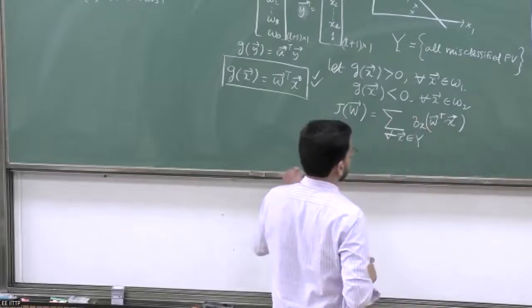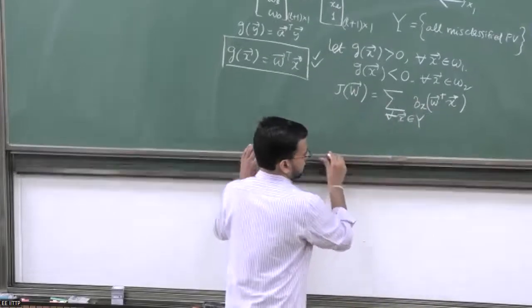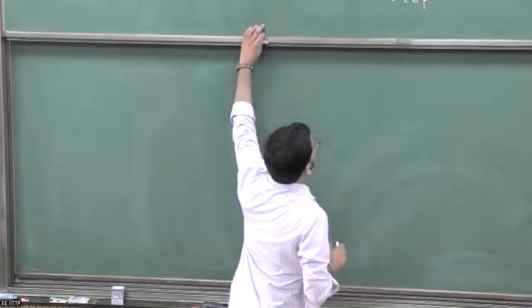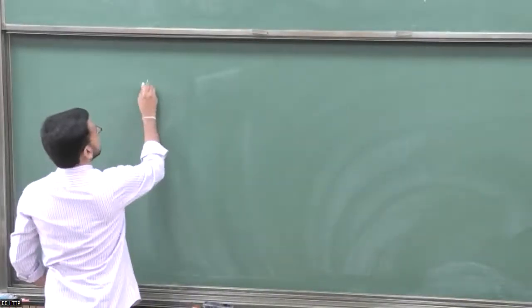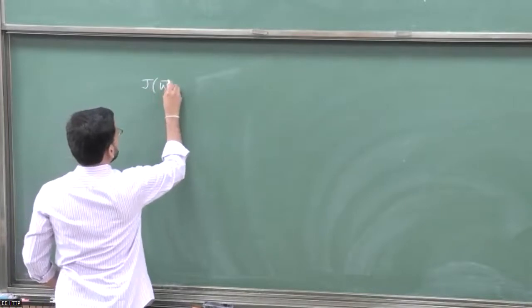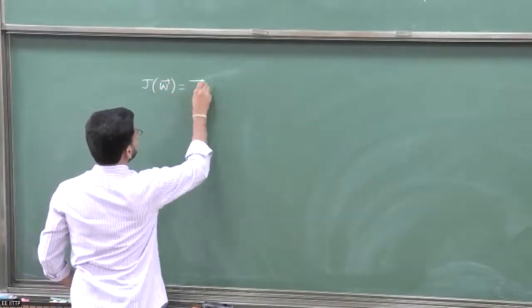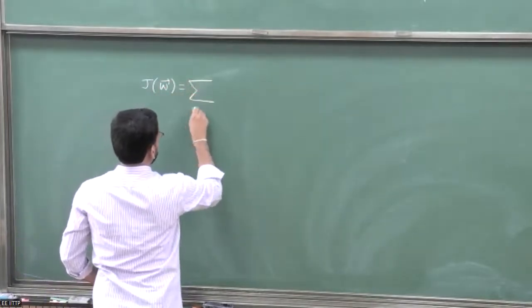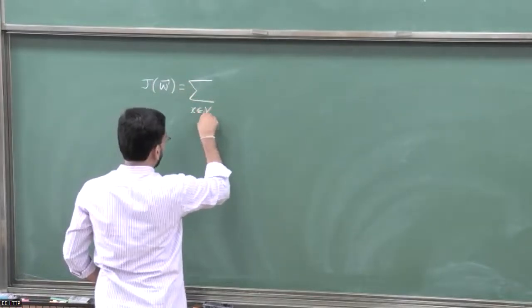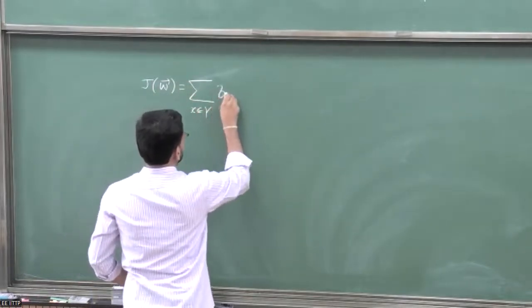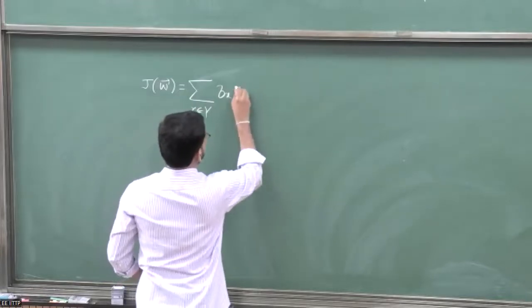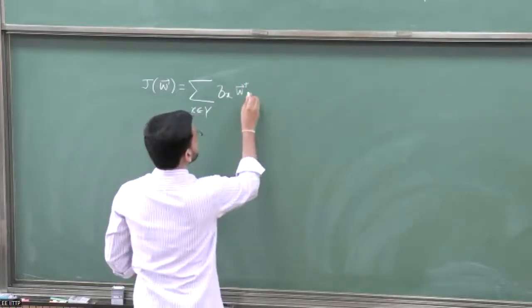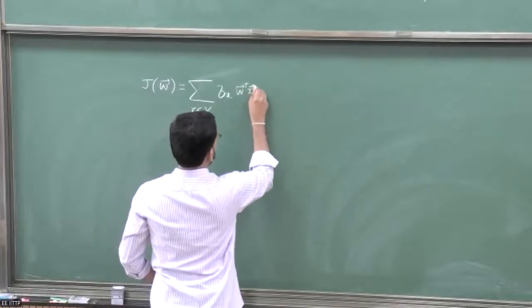Okay, I will illustrate that now in more detail. My J of w bar is equal to, for all x that belong to Y, delta x times w bar transpose into x bar,